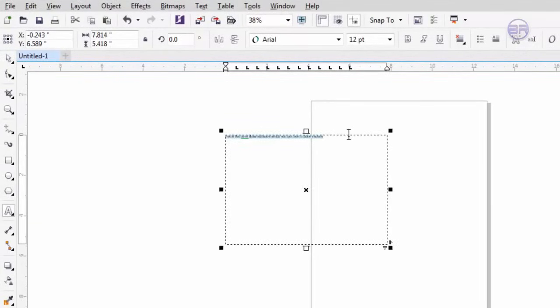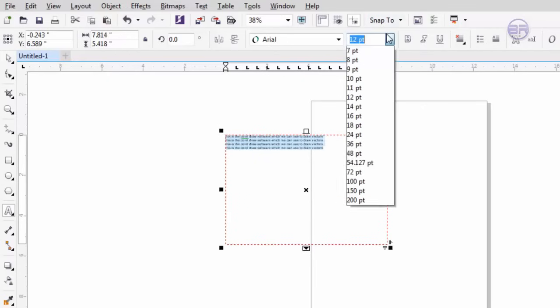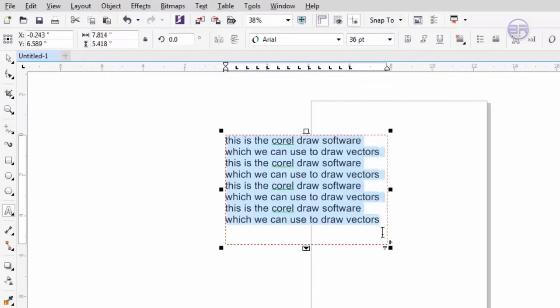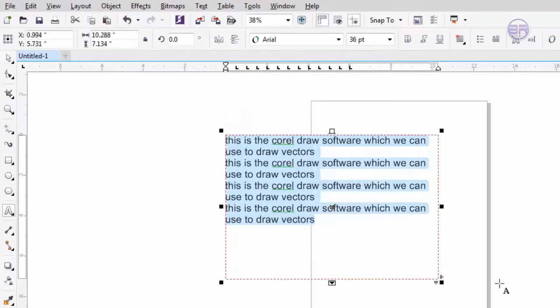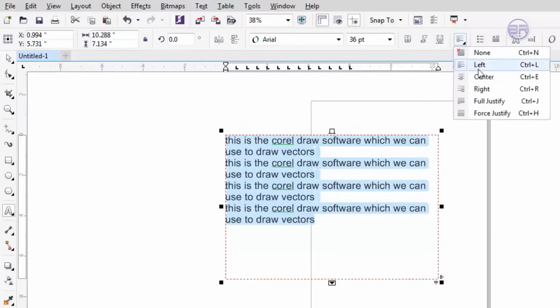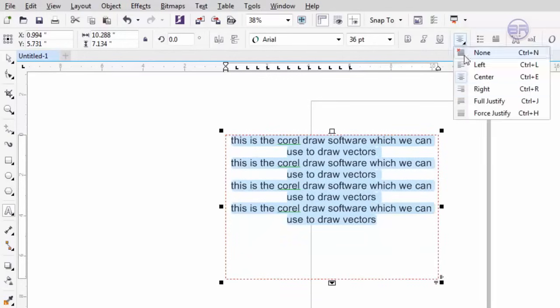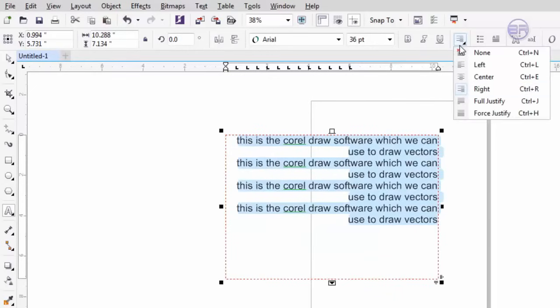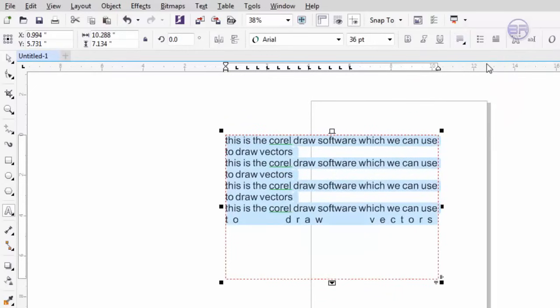Just copy the text and paste it. So this is basically the paragraph here. I will just make the size a little bit bigger. This is basically the style for paragraph. Now you can see you can use all these options like align left, align center, align right, and justify,